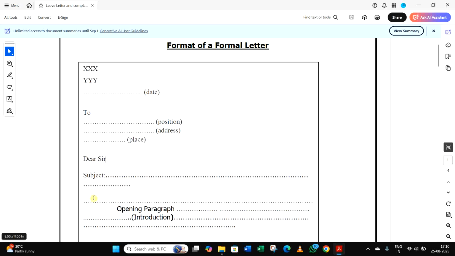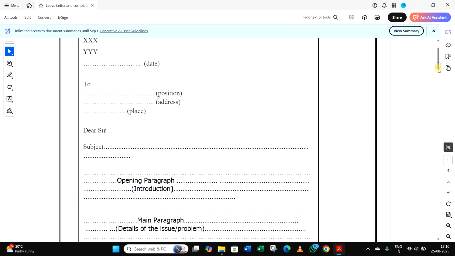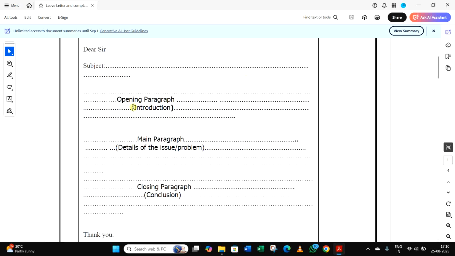Next we leave one line space, and then we write the main body of the letter. What comes in the body of the letter? We have to write in three paragraphs. The first paragraph is the introduction, the opening paragraph, wherein you introduce yourself and write a small introduction of the problem. The second paragraph talks about the details of the issue and the problem that you are facing. And in the third paragraph you write the conclusion, where you suggest some measures to be used